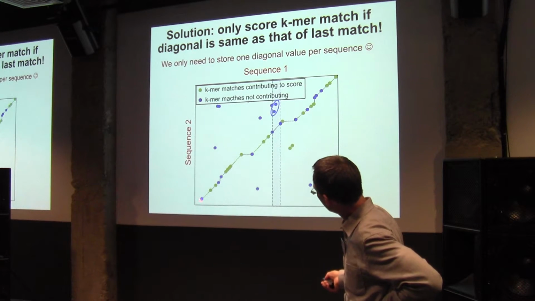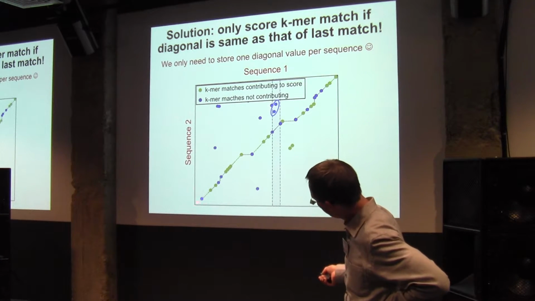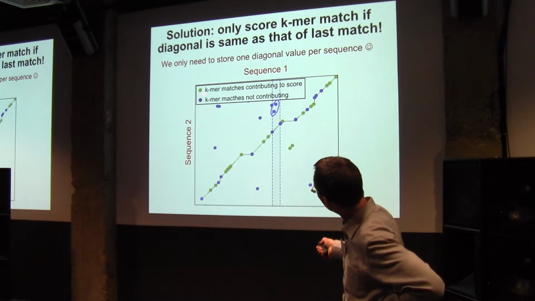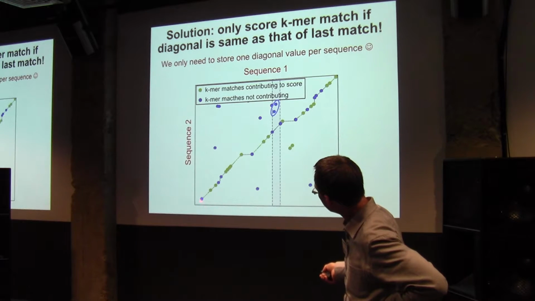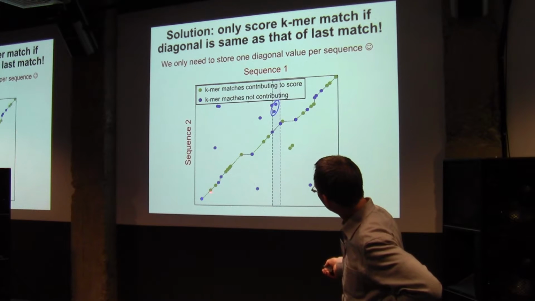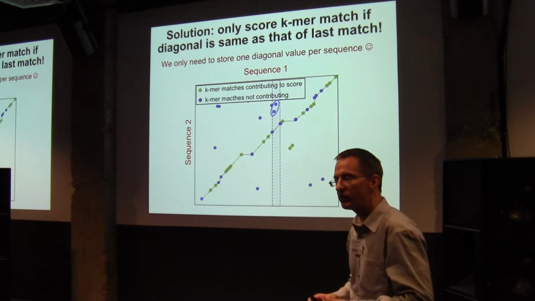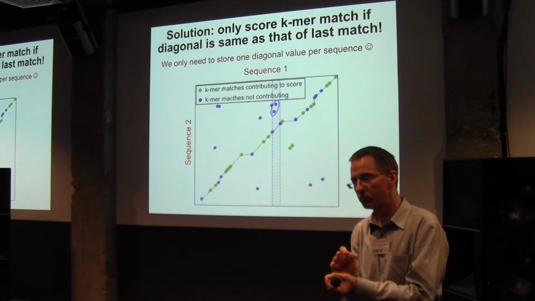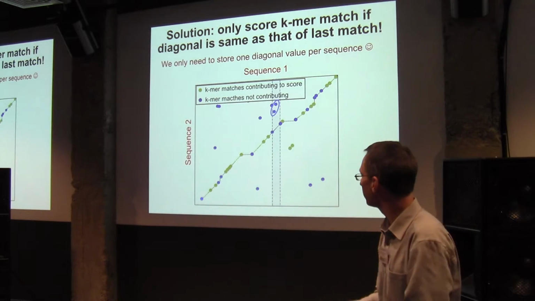And let's say the first one we find is this one. The second one we find is somewhere up here. That's actually covered by this legend. The third that we find, when we find it, we see that the previous diagonal was a different one, because it was down here and the other one is up here. Then we find the third, and then we find the fourth, and the fourth actually has the same diagonal as the third. Whenever we see that the previous hit had the same diagonal, we have a match, because that means we have 2 in one diagonal, and that occurs very rarely by chance.